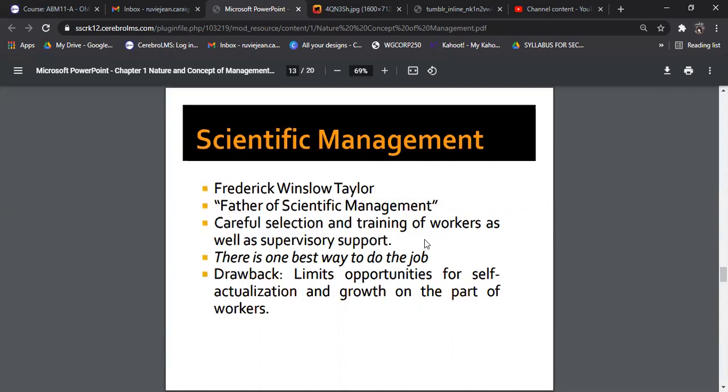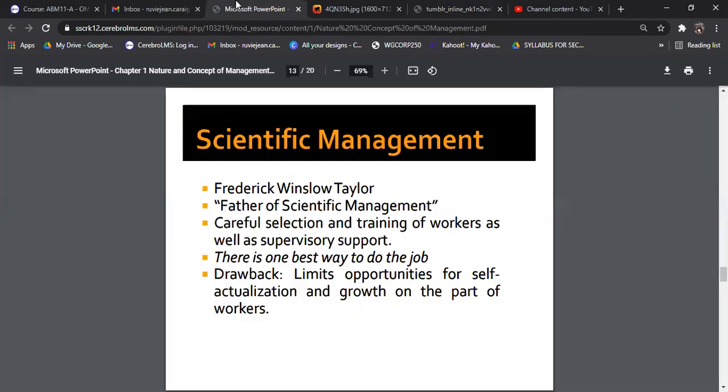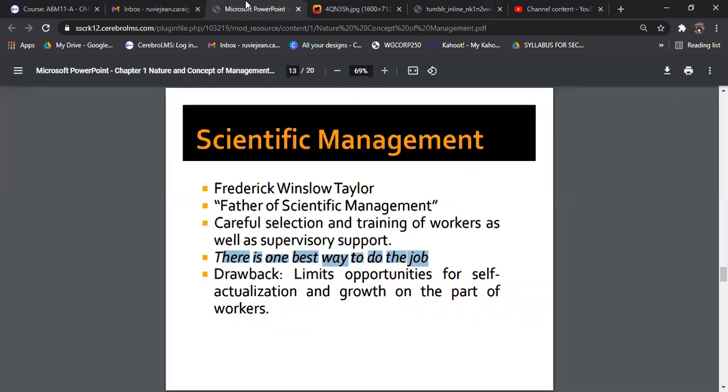So I'd like to share with you this picture. For a fair selection, everybody has to take the same exam: "Please climb that tree." You would see in this picture there are different animals. Under scientific management, we said there is one best way to do the job. It's similar here, because everybody takes one exam. And not everybody has the same talents, right? Not everybody has the same capabilities. So under the scientific management theory, because of that,